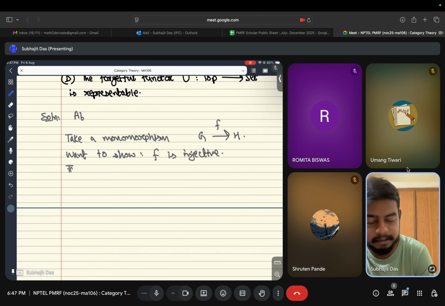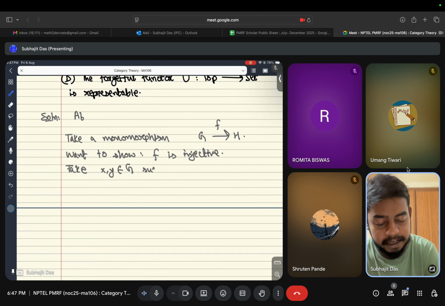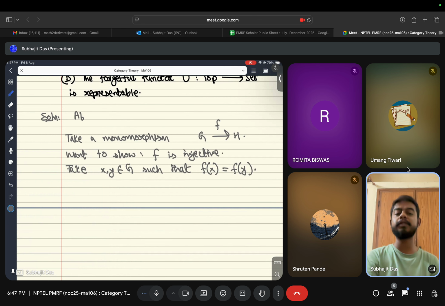So take x, y in the source G such that f(x) is equal to f(y). We need to conclude that x is equal to y. How do you show this? So the idea would essentially be